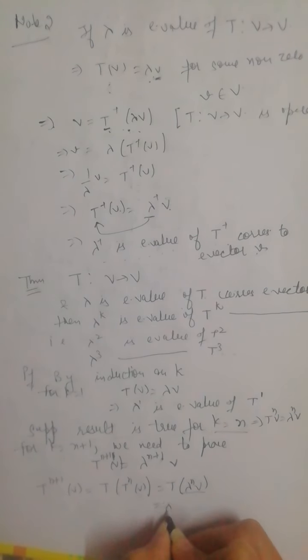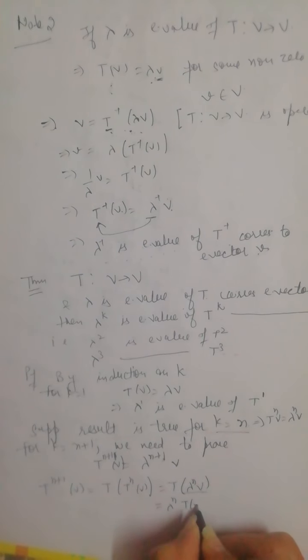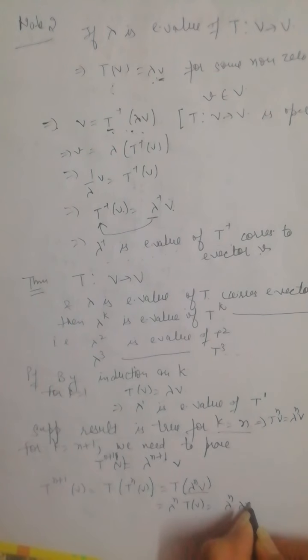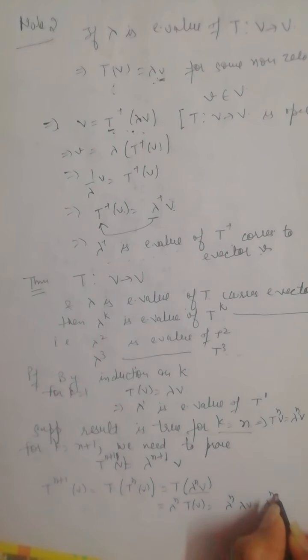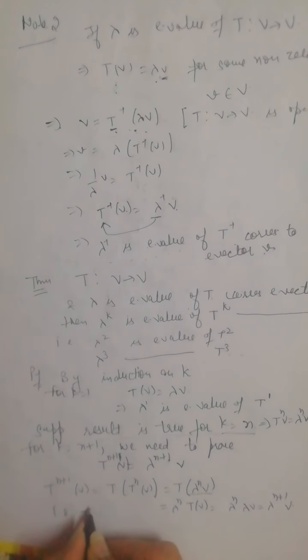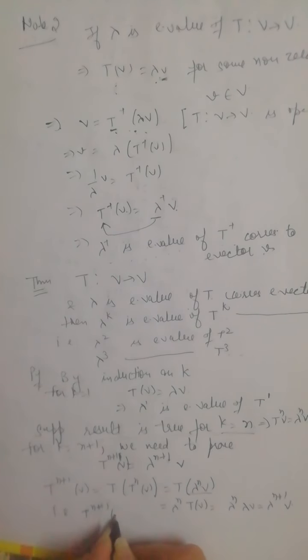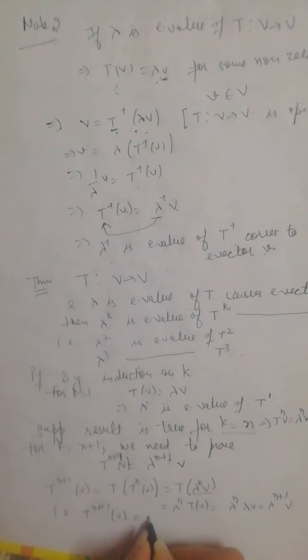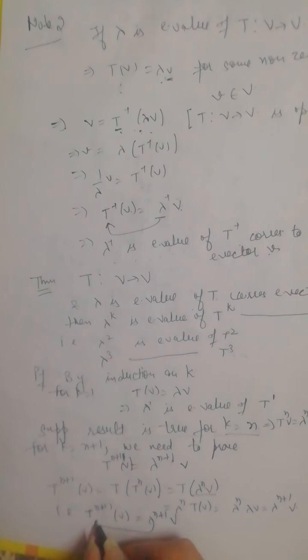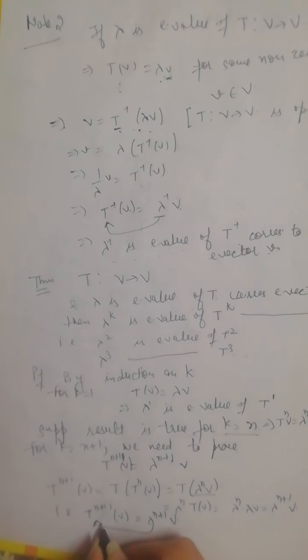That is equal to lambda raised to power n into T of v, lambda raised to power n into lambda v, is equal to lambda raised to power n plus 1 into v. That is, T raised to power n plus 1 of v is equal to lambda n plus 1 into v. That means lambda raised to power n plus 1 is eigenvalue of T raised to power n plus 1